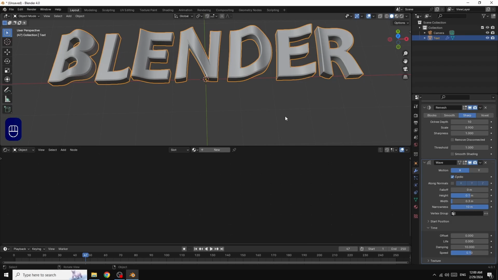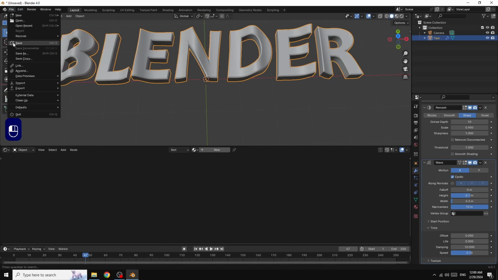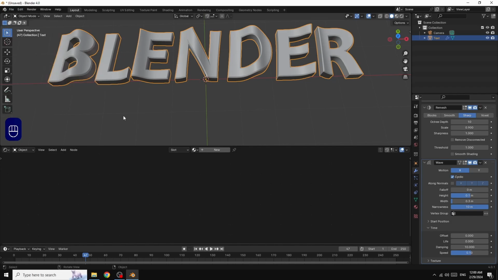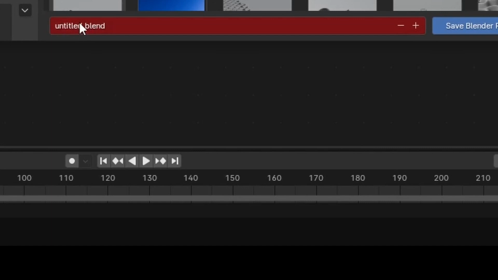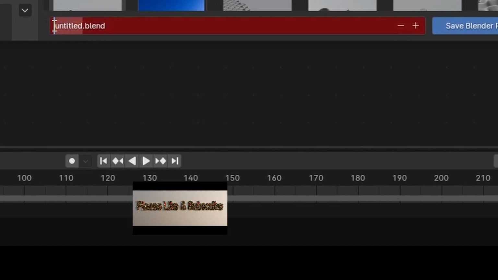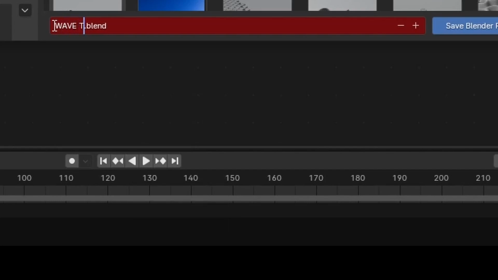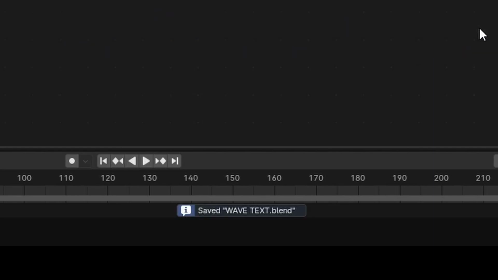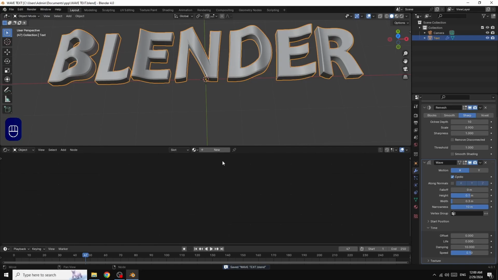So to save the project, you can go here and make it save as, but you have a shortcut, Control S, and name it wave text and save the file.